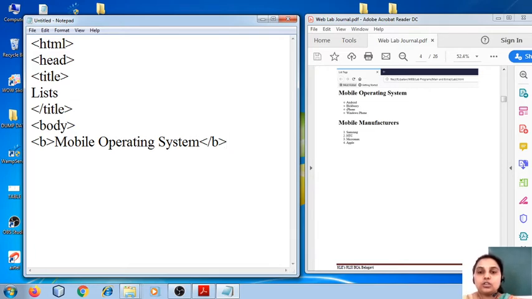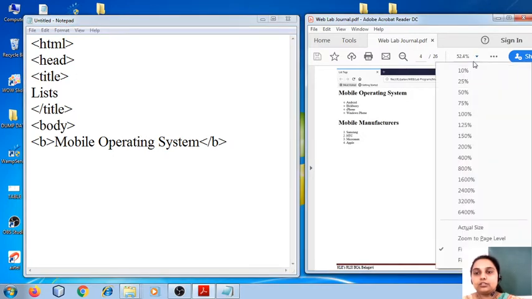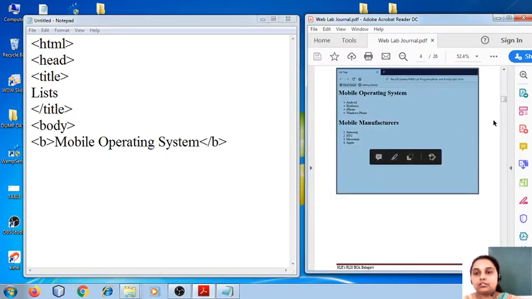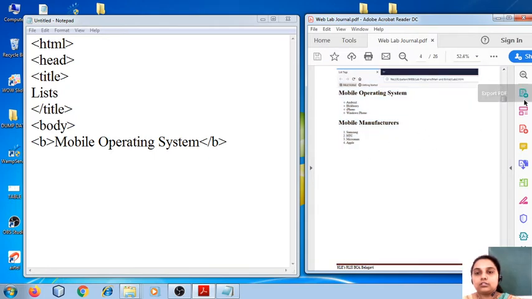After this, when you observe the output, what can you see? What kind of list is this? Is it an ordered list or an unordered list? Obviously, it is an unordered list because there is no sequential value attached to the list items. The list item marker is bullets. By looking at the bullets, we will understand that it is unordered.